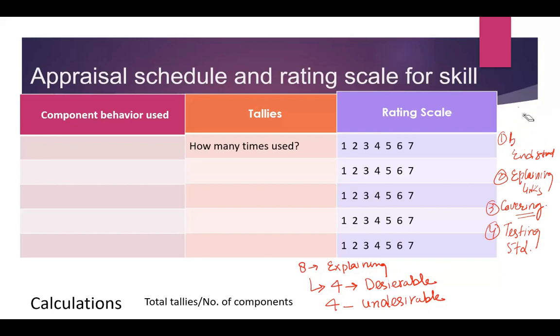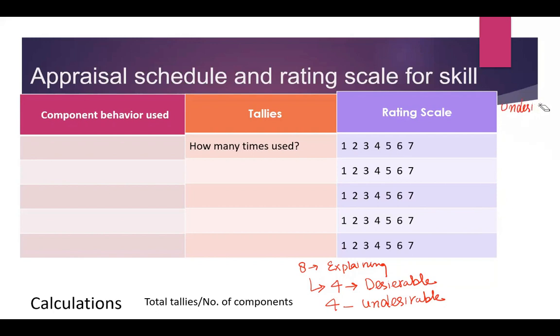Now we are having the undesirable behaviors which the teacher should not show in the classroom situation in front of the students, or he can show it but to a lesser extent. So the undesirable behaviors that a teacher should minimize in the classroom: first is use of irrelevant statements, like we can say confusing statements. Second is lack of continuity, like